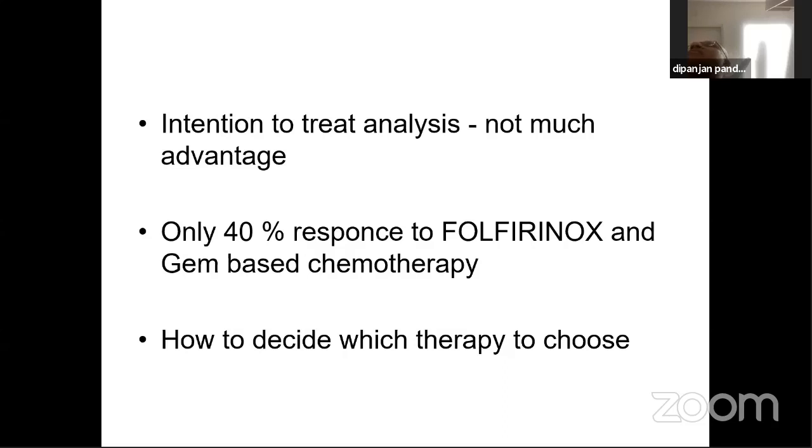The only advantage gem-nab-paclitaxel offers me is that it's weekly chemotherapy, and I can modify the dose in a malleable way. I can do day 1, day 8 instead of day 1, day 8, day 15. Instead of 125 milligram per meter square nab-paclitaxel, I can give you 100 milligram per meter square. The gemcitabine I can use from 1000 milligram per meter square or 850 milligram per meter square, even up to 600 milligram per meter square. But for a young patient for whom my surgeon is looking at me to get